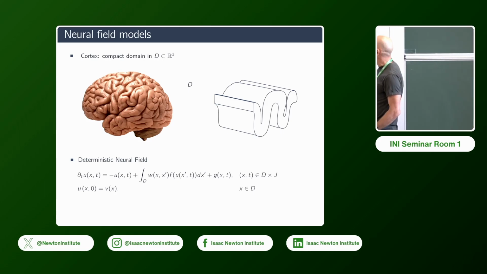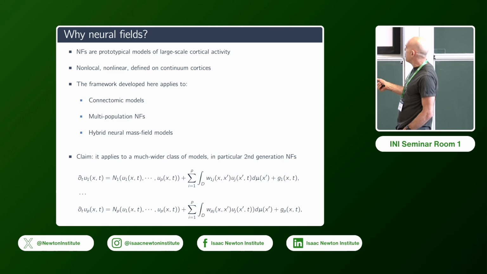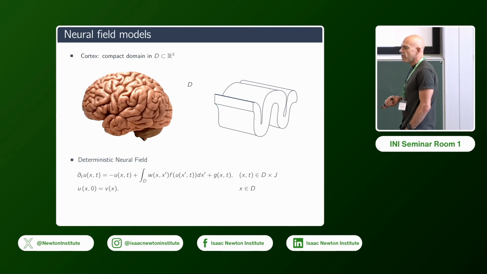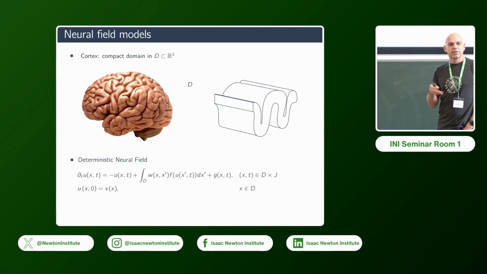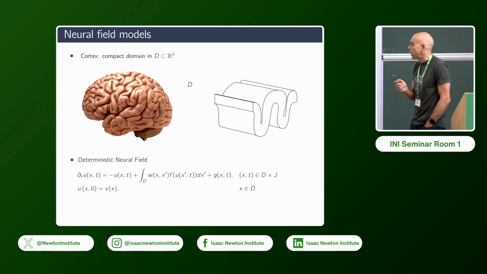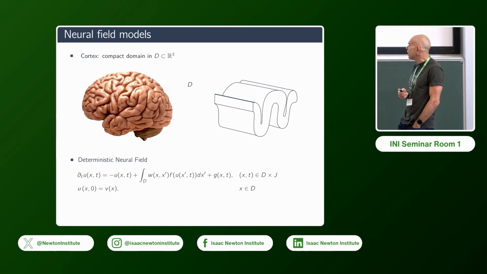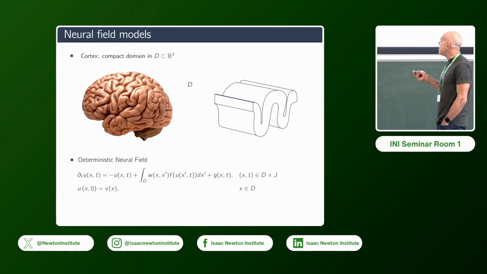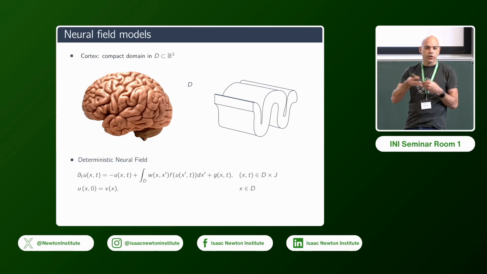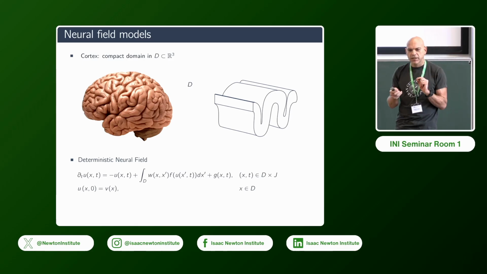In general you can take this as being a model, or rather the model of a model. So we have been hearing about neural masses quite a bit. Yesterday, this morning again in Vael's talk and in Mark's talk, there were neural mass models. In here, I'm taking as a model of evolution a neural field. And the best way that I have to offer after you've heard this talk is to think of a continuum equivalent of those models, in which the cortex is a continuum.